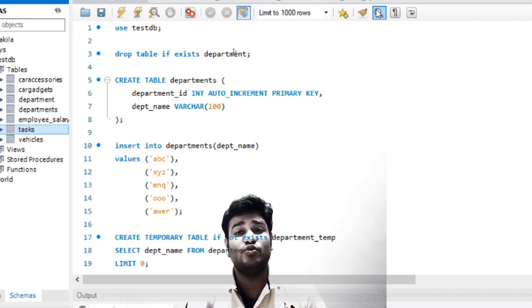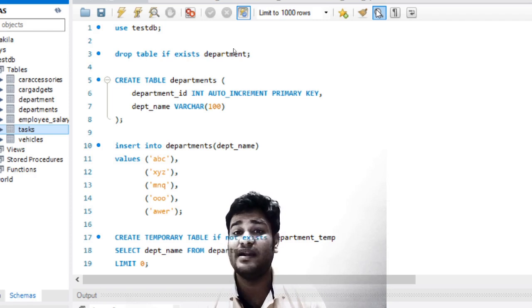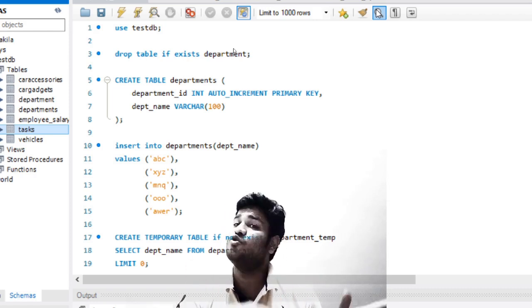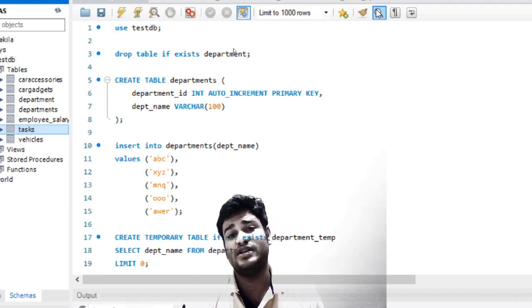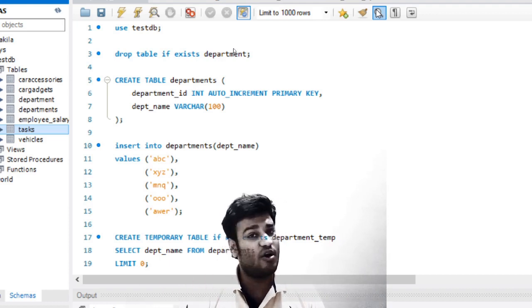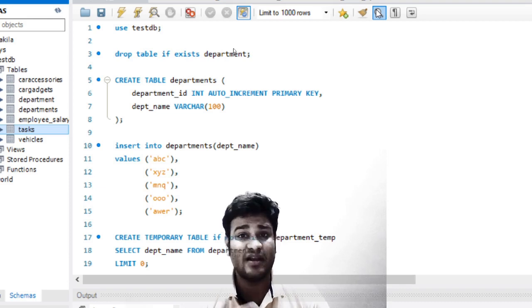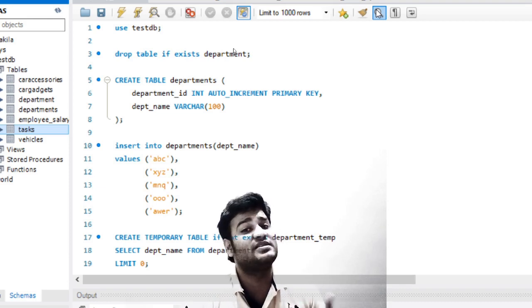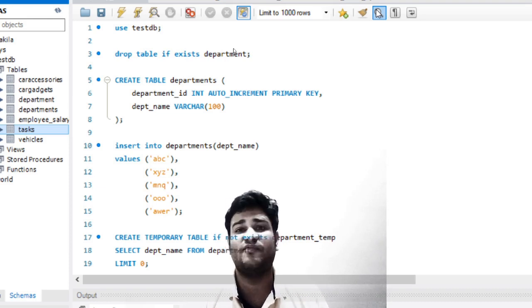If you are required to do this again and again, you will have to run the same query again, and it will take the same CPU and same memory each time. The query will go to the query parser, then to the optimizer, and it will take a lot of time. So timing comes into the picture, and here temporary tables come in. It is a very important concept for performance engineering.